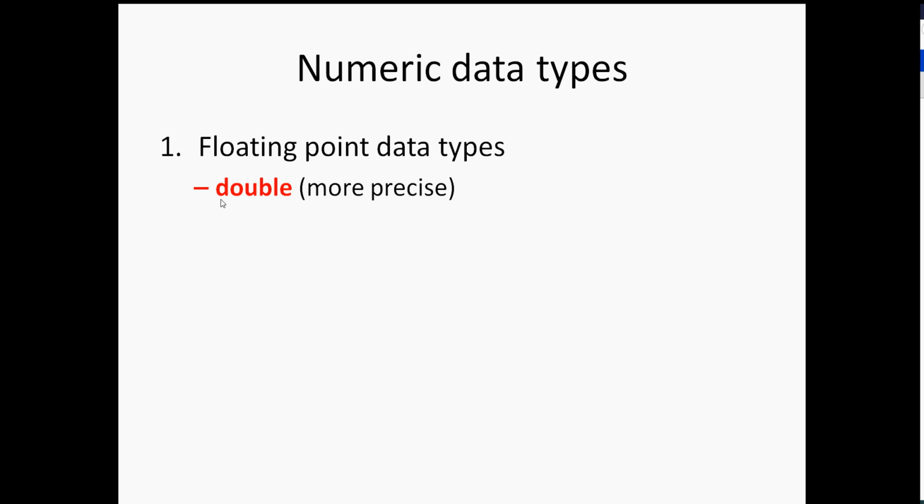The first data type is called a double. We'll use that term a lot. It's more precise than the other one, which is a float. There are two floating point or decimal data types: one is called the double and the other is called float. The main difference for our purposes is that the double is more precise. It takes up more space on the computer, but